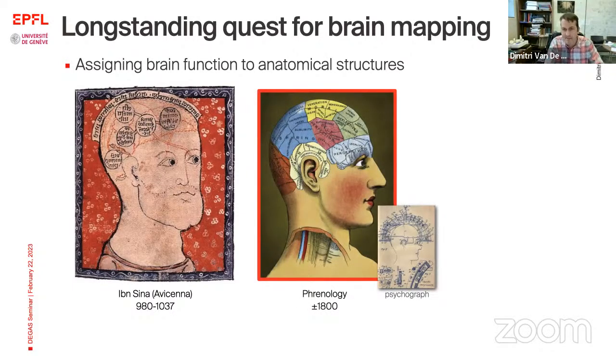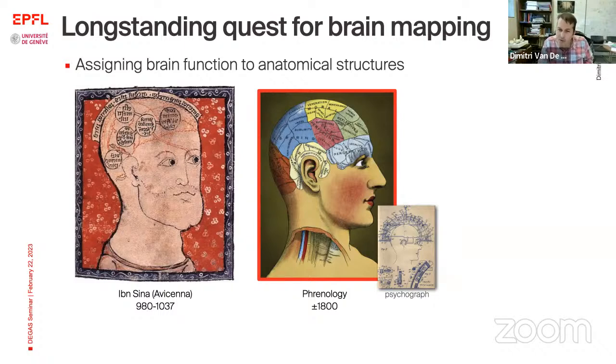And this idea, which is of course a very useful concept, stayed on over the centuries. And like 200 years ago, there was this pseudoscience known as phrenology, where people like Franz Joseph Gall designed a psychograph that would measure the bumps on your skull. And when you had a bigger bump, that would be a sign of having a bigger underlying brain region, and that would have been related to certain personality traits. Of course, we know that this doesn't make a lot of sense today,